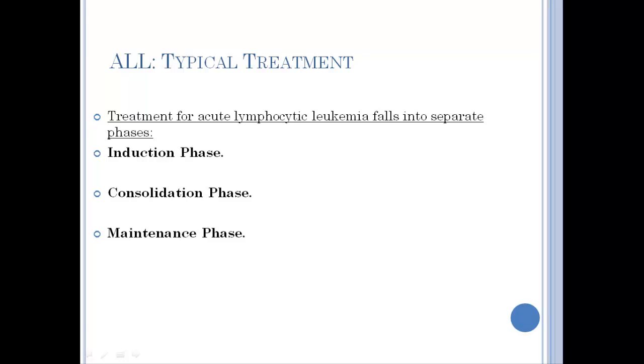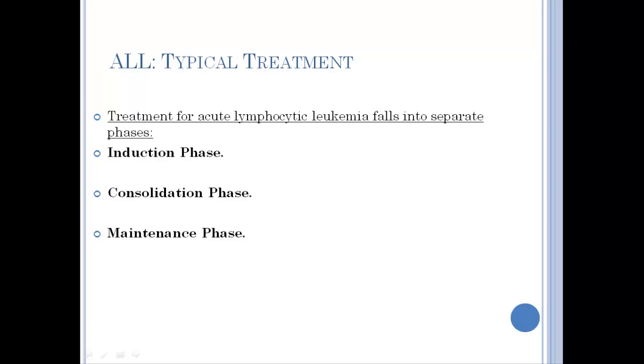Second, the consolidation phase. If remission has been achieved by induction therapy, residual disease is attacked by therapy during this phase. This consists of a number of courses of chemotherapy. And last, maintenance phase, when bulk of a tumor is reduced to a minimum. Maintenance therapy is given in acute lymphoblastic leukemia for a period of about 2 to 3 years, and this phase is not required for acute